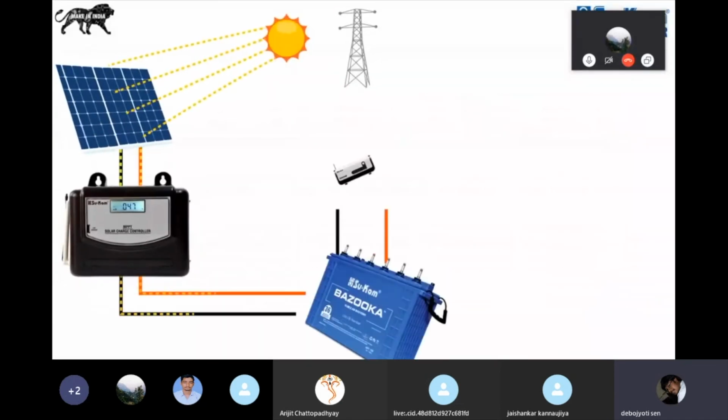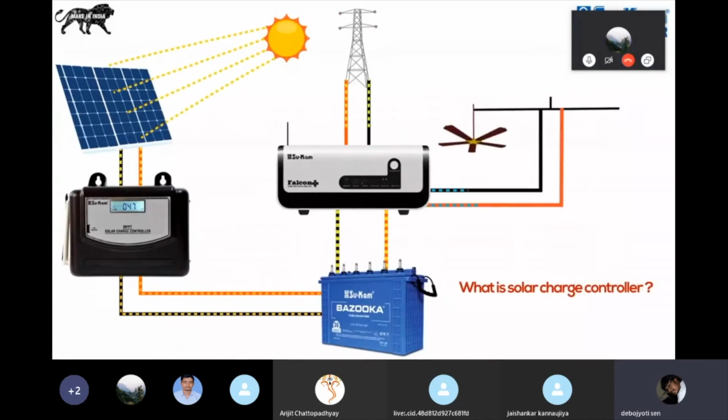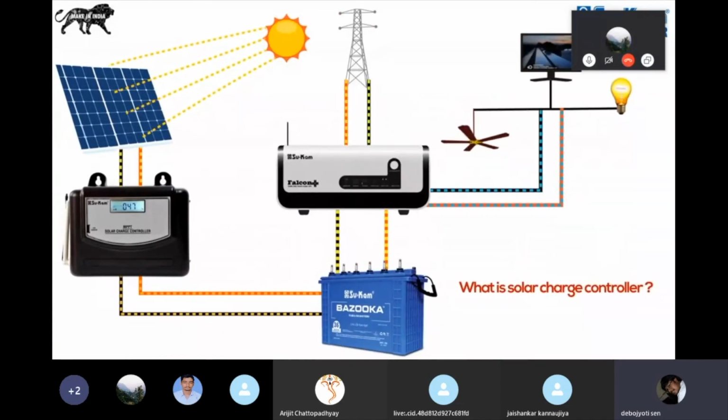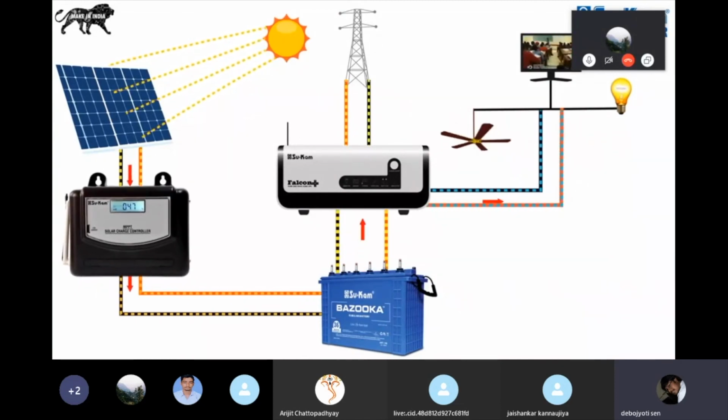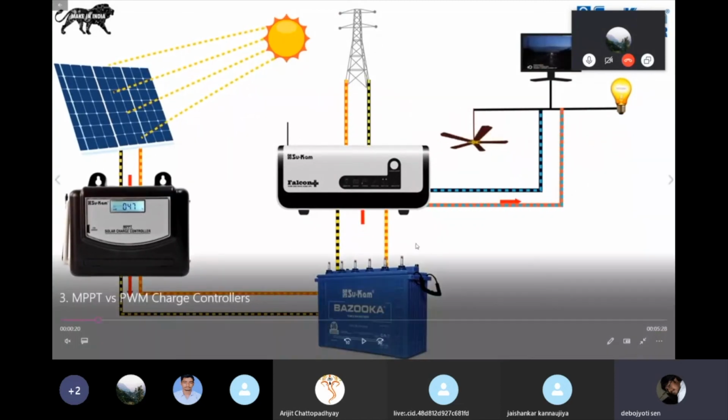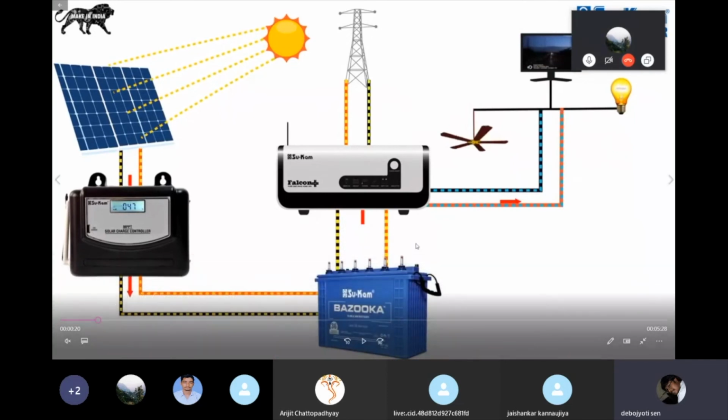Okay, so you can see we are using here a solar charge controller. We have already discussed it, so no point. The charge controller ensures the battery and ultimately it is feeding directly to the, here we are showing it as a hybrid battery. So it's a Sucam inverter which is feeding to the grid, you can see, and the DC load. So the hybrid system we are talking about, this is a basic configuration of a hybrid system.